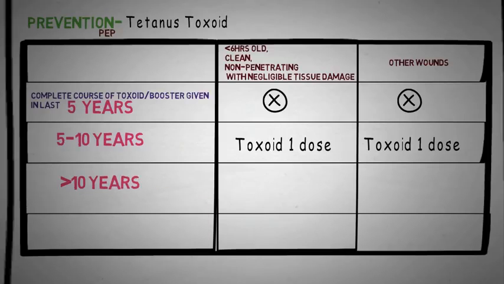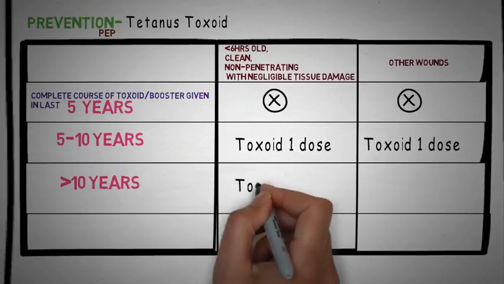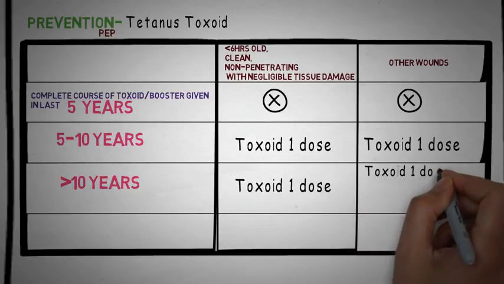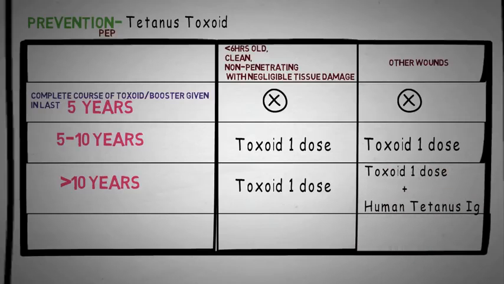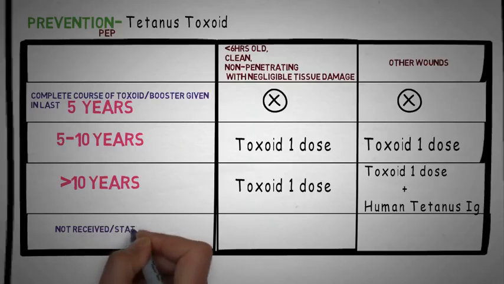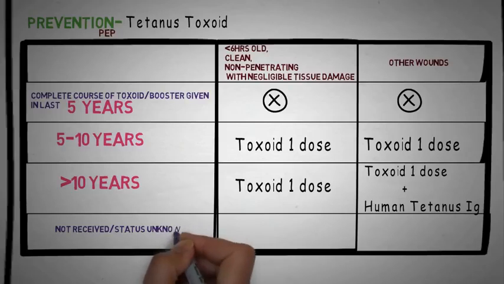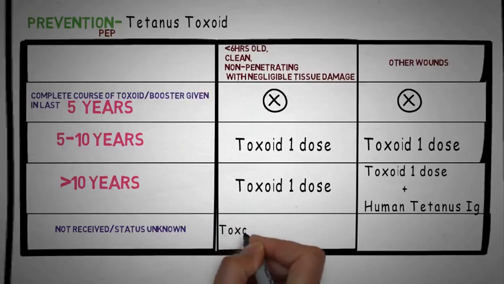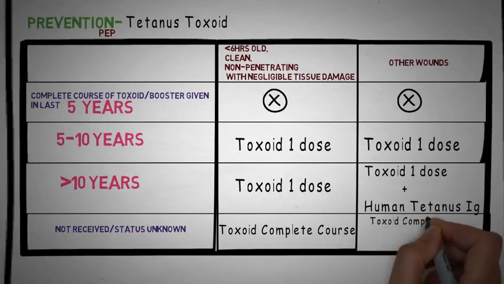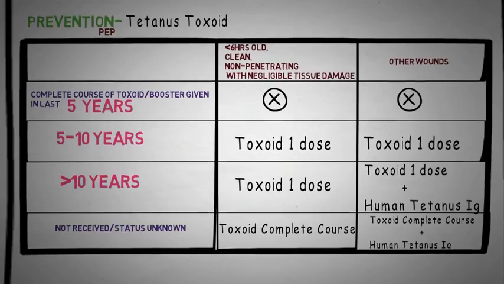For those who have received more than 10 years ago, a single dose of TT needs to be given in the first case, and a single dose of TT plus human tetanus immunoglobulin needs to be given in the second case. Finally, for those who have never received tetanus vaccine or whose vaccination status is unknown, toxoid complete course needs to be given in the first case,